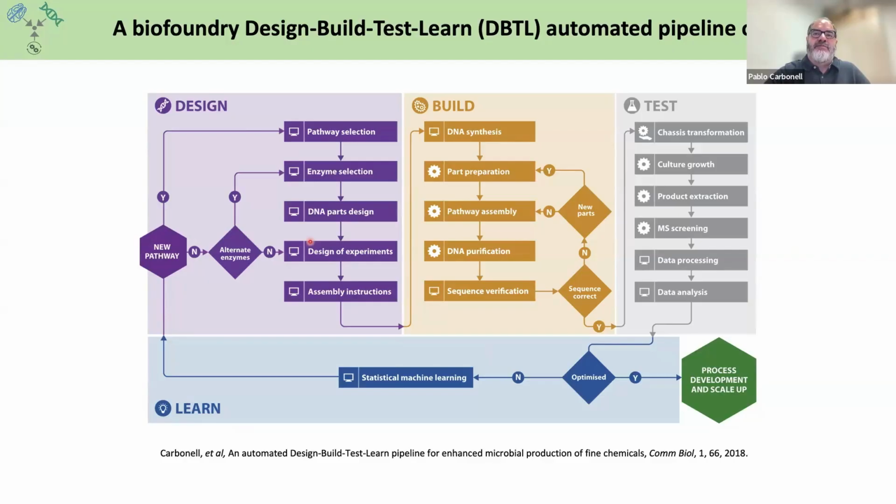For instance, some carboxylic acid, and look for metabolic pathways that are going to be introduced or engineered into the chassis organisms, the enzymes that are needed, the DNA parts, the experimental design, and finally the assembly of the strains, which is all done mostly in silico, because it's then at the next step where there is the wet lab part of actually building